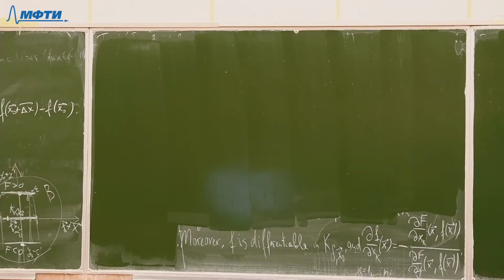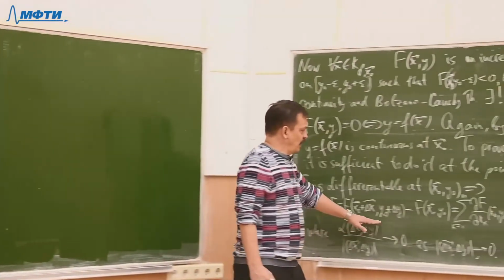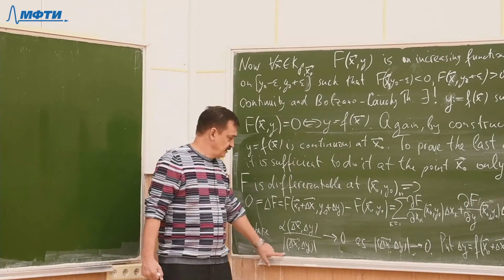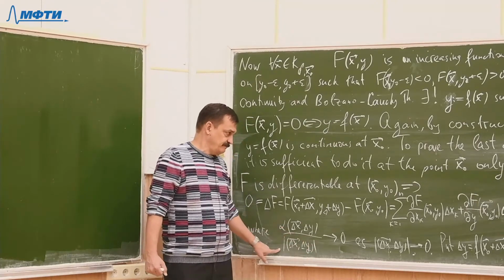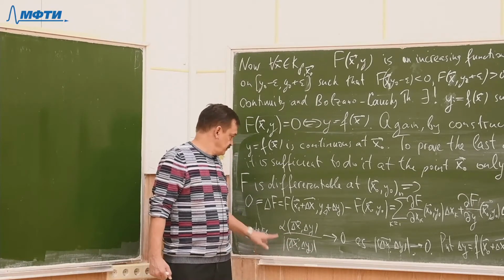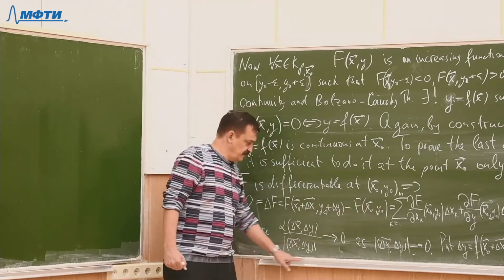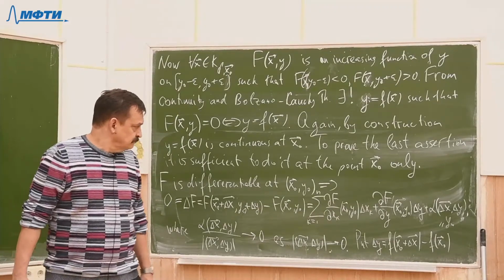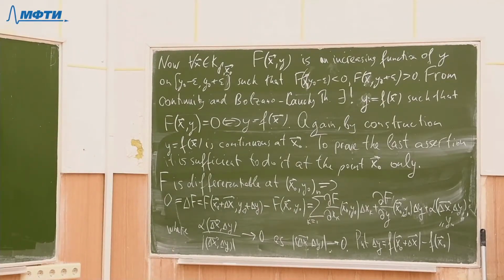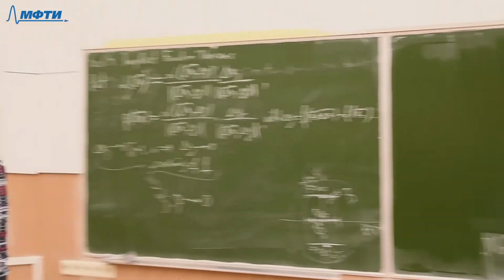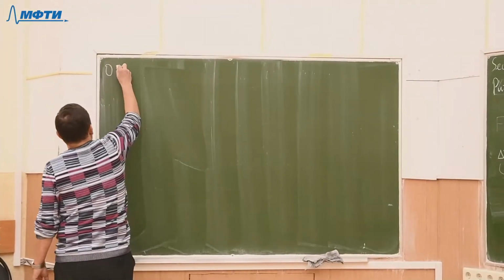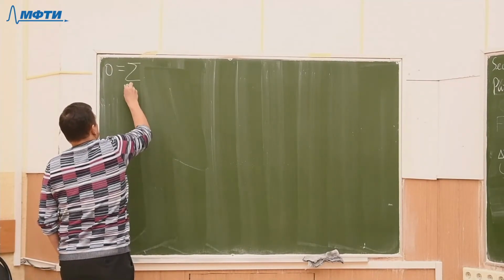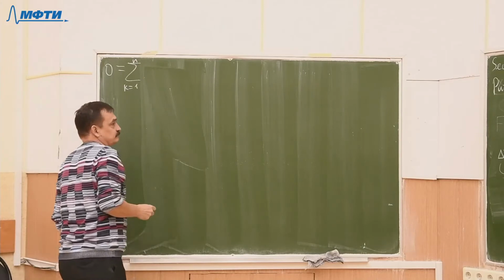So you see, I'll divide this equality by the square of this length. Right? 0 equals that one divided by the square, right? And then look. Then our equality can be rewritten as follows. 0 equals the sum k from 1 up to n